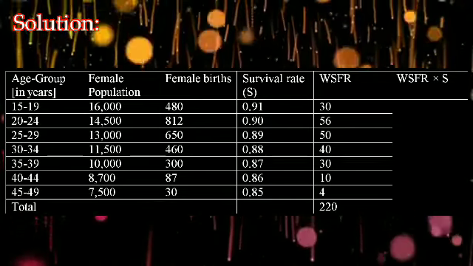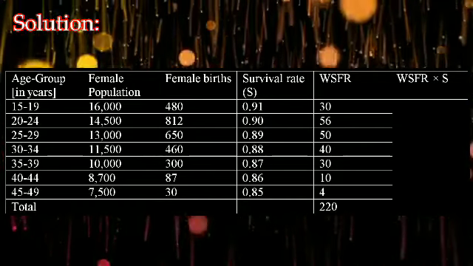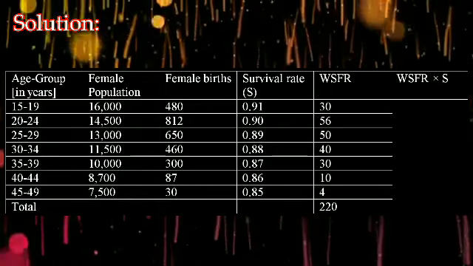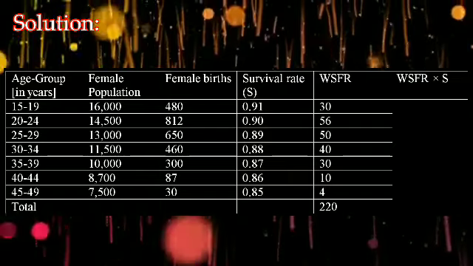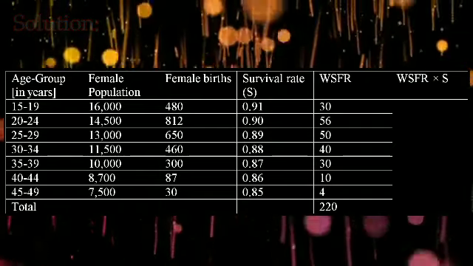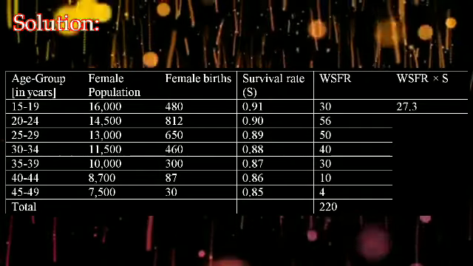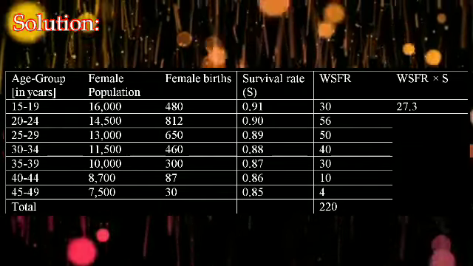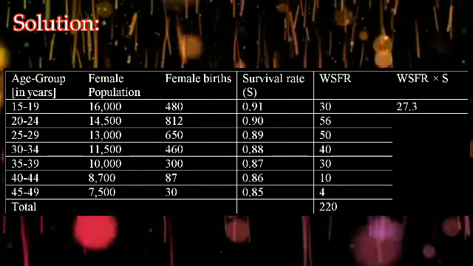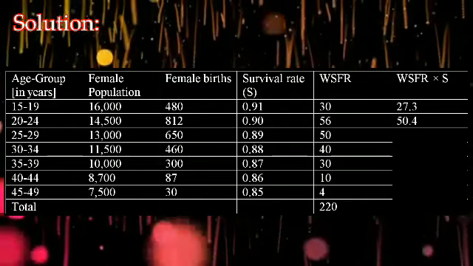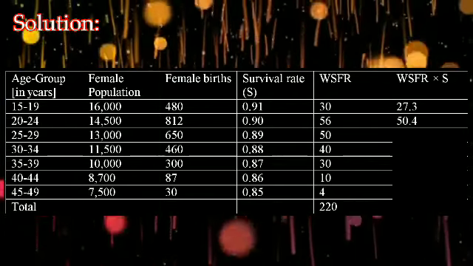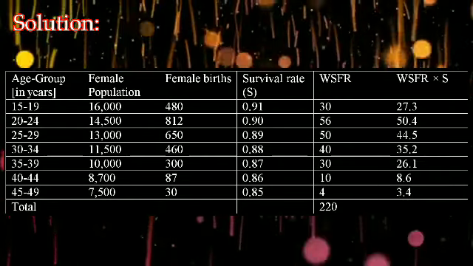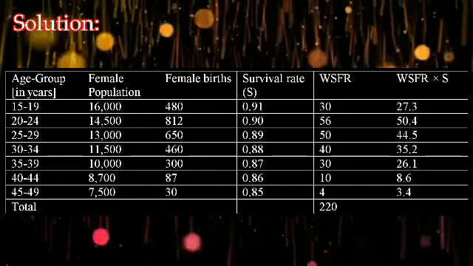After that, find WSFR into S. That is the first value, 30 into 0.91, which is equal to 27.3. Second value, 0.90 into 56, which is equal to 50.4. Similarly, compute the rest of the values and find the total of WSFR into S, which is